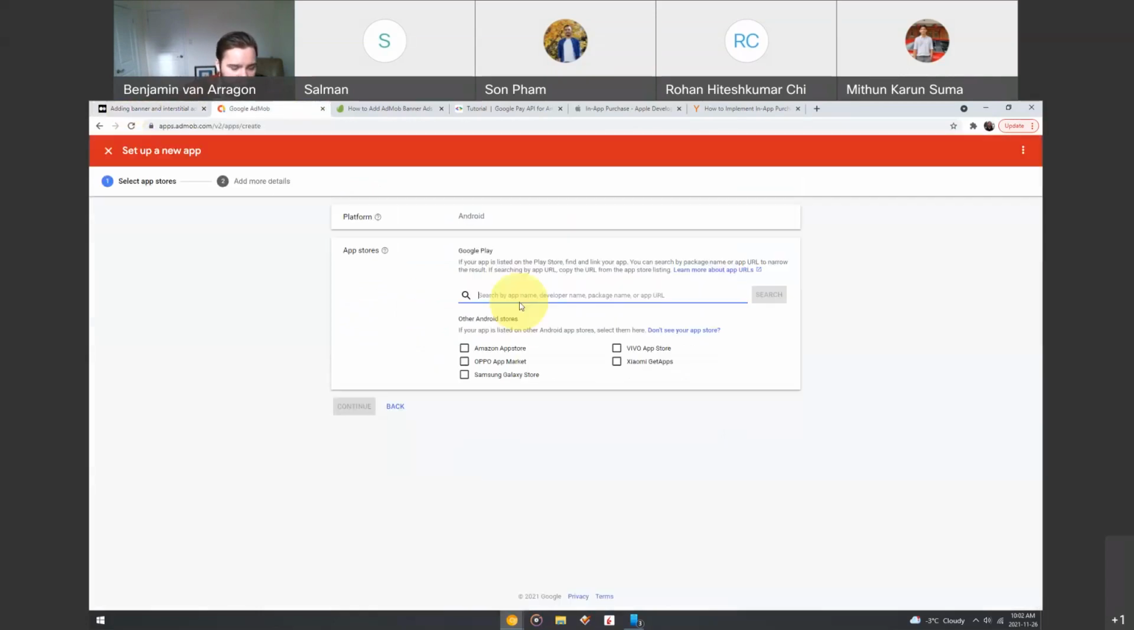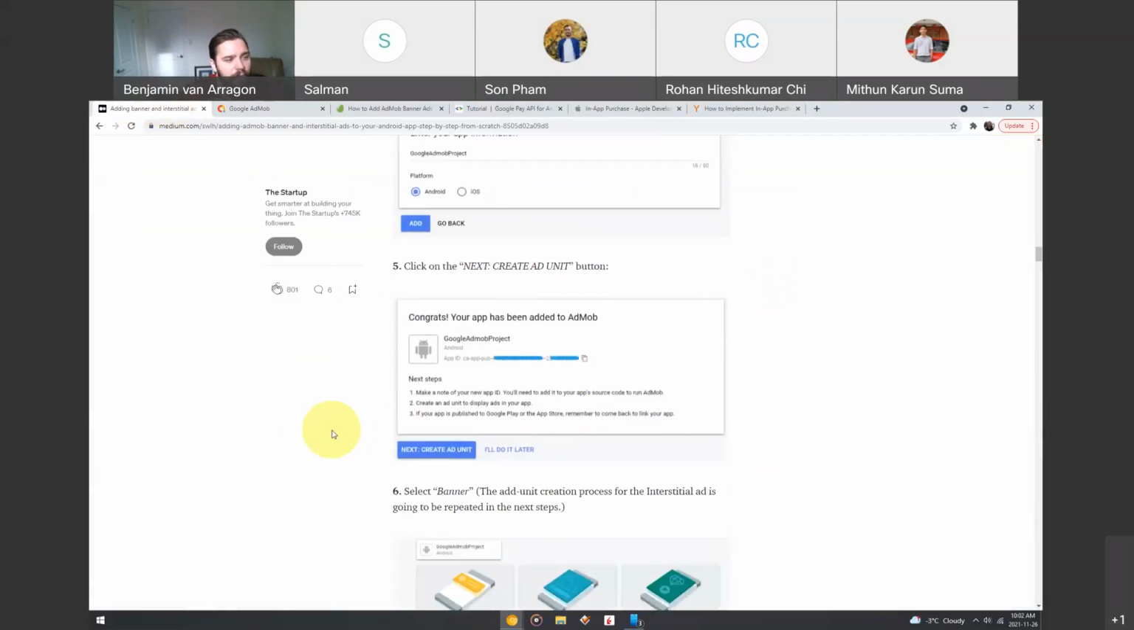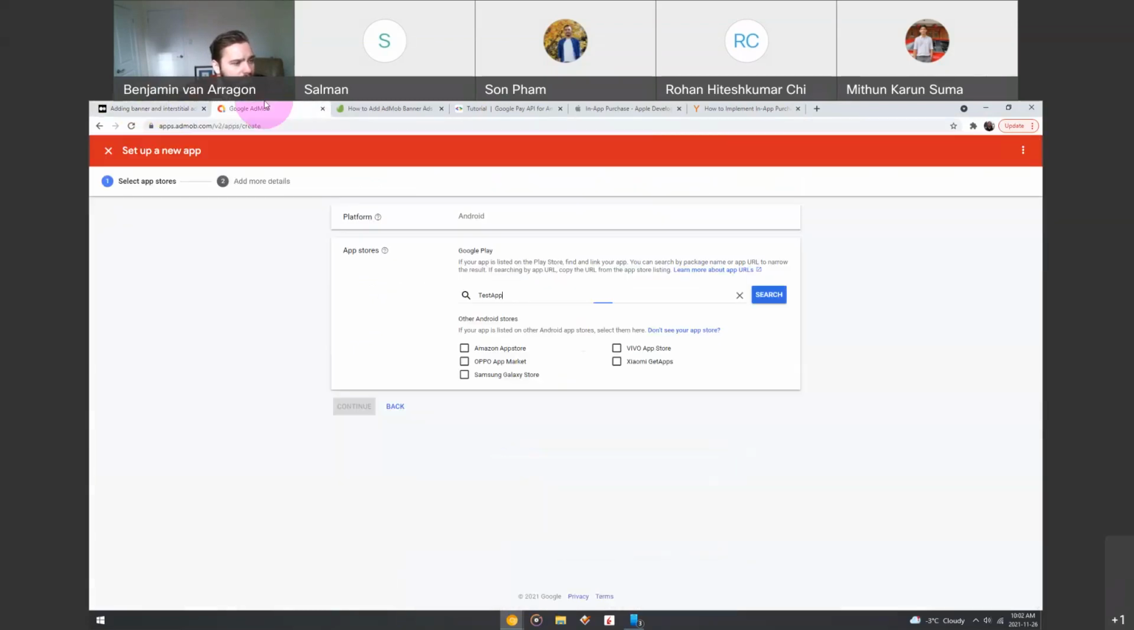So whatever we want to call this, test app for me. And for you guys, you can make, obviously, if it's your chores manager app or whatever, you can put it in there. And then we want to click next, create ad unit button. Okay, so,